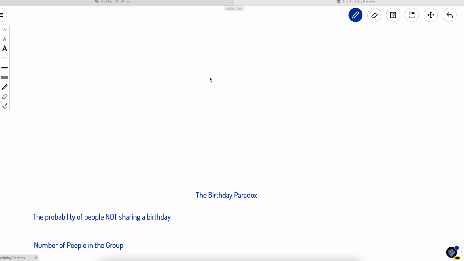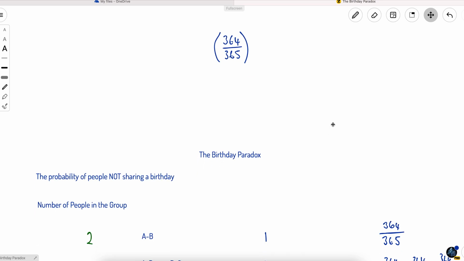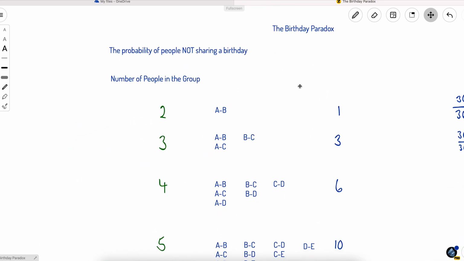So there are 365 days in a normal year, so the probability of not sharing a birthday is 364 out of 365, because 364 days out of 365 you wouldn't share a birthday. So if there were just two people, that would be the probability that you wouldn't share a birthday. 1 out of 365 would be the probability that you would share a birthday, and that's really low. Now, if we multiply this up,